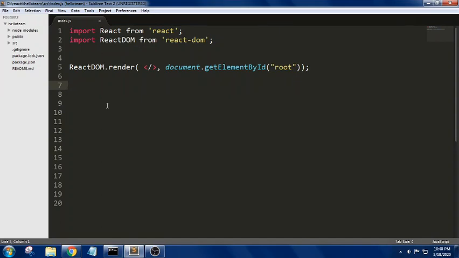Now in React, we have something called a controlled component. A controlled component means, for example, an input element whose value is controlled by React. We call it a controlled input or controlled component.